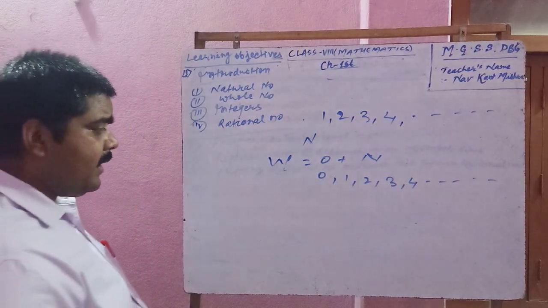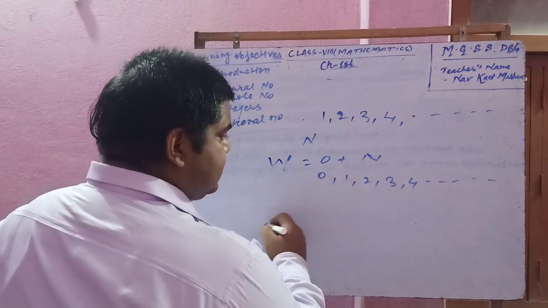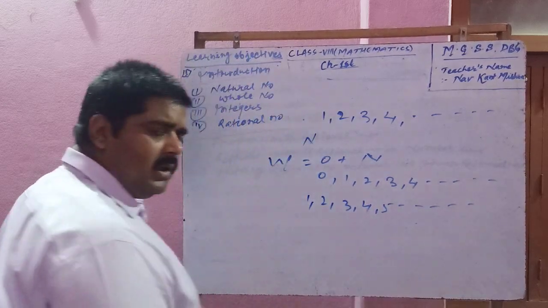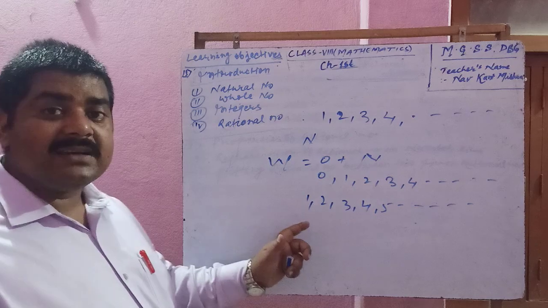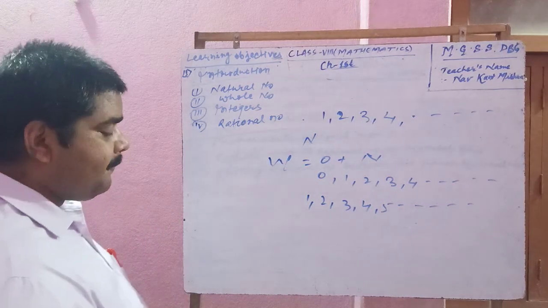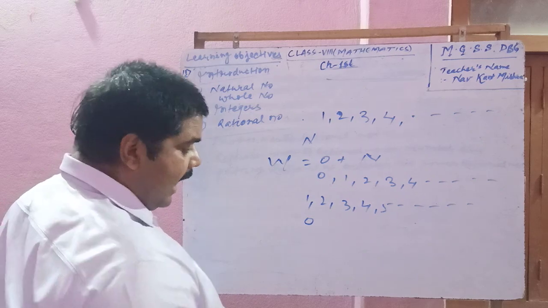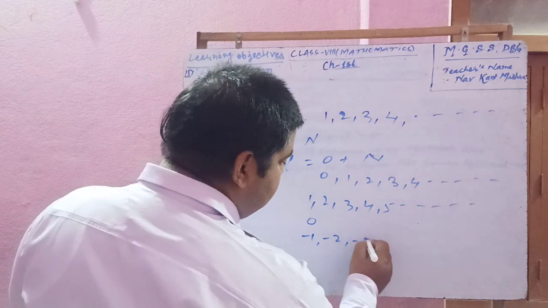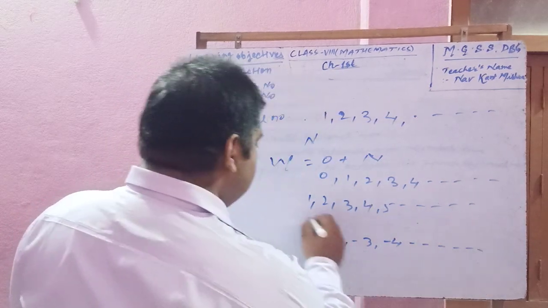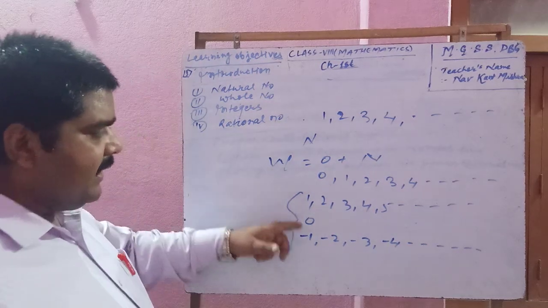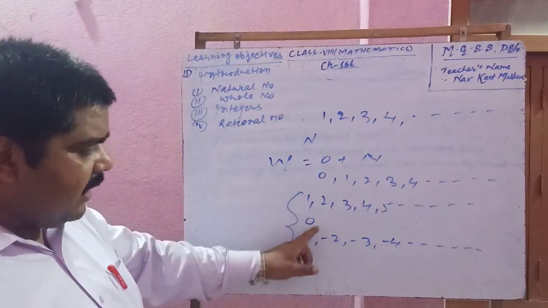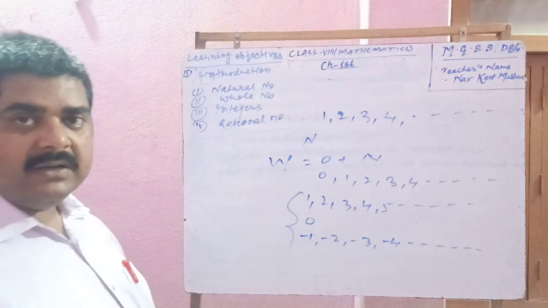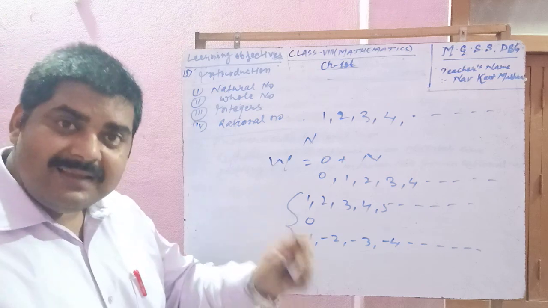Regarding integers, you know very well that all positive numbers are 1, 2, 3, 4, 5 and so on, and you know very well that all those numbers which are greater than 0 are known as positive numbers. Then 0 itself, and negatives of these counting numbers or natural numbers. The group of these three: all positive numbers, 0, and negatives of these positive numbers, inverse of these positive numbers, or negatives of the natural numbers.